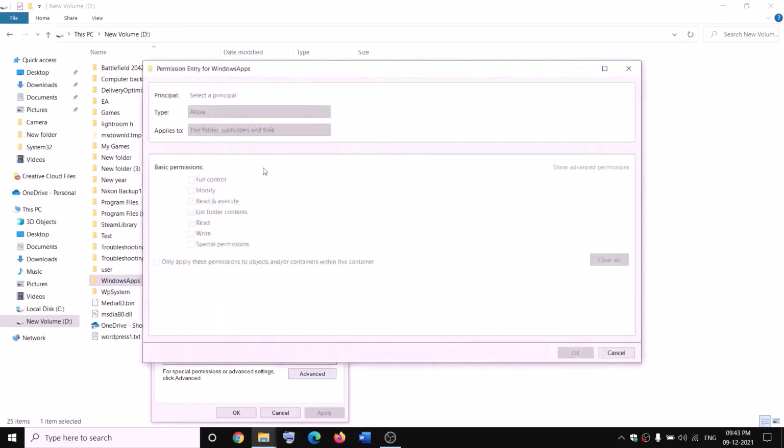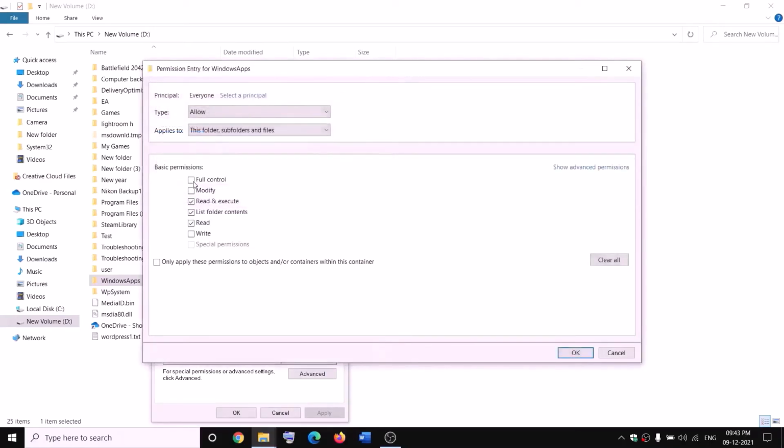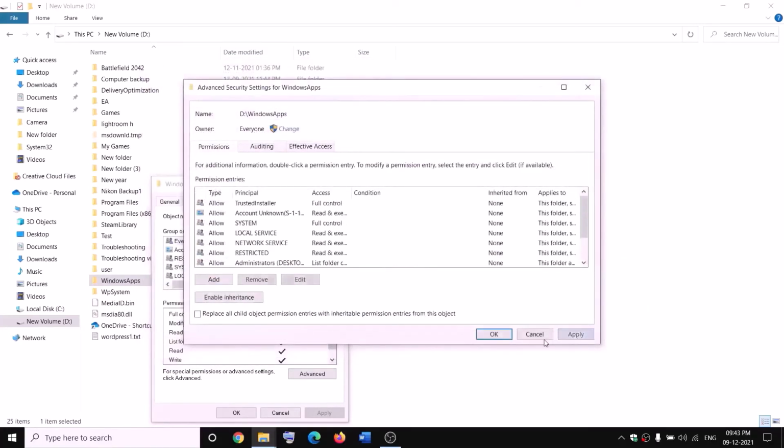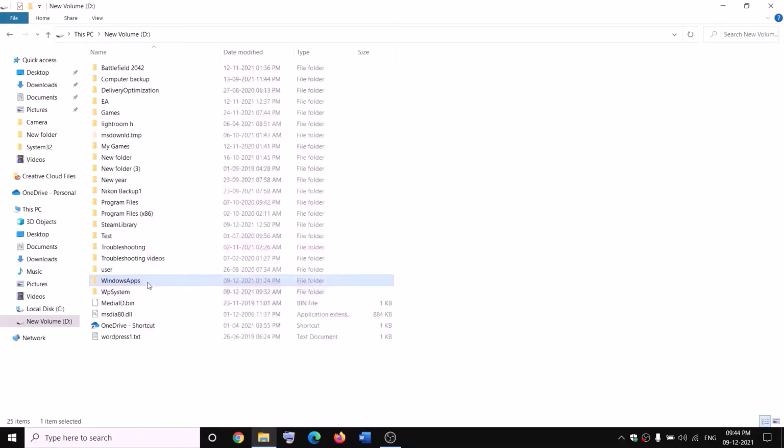click on add, select a principal, everyone, check names. OK, put a check on the box which says full control. OK, apply. OK, OK. Now right-click on Windows apps and then click on rename and rename it as Windows apps.old. While renaming it, if you receive any kind of error message which says file is